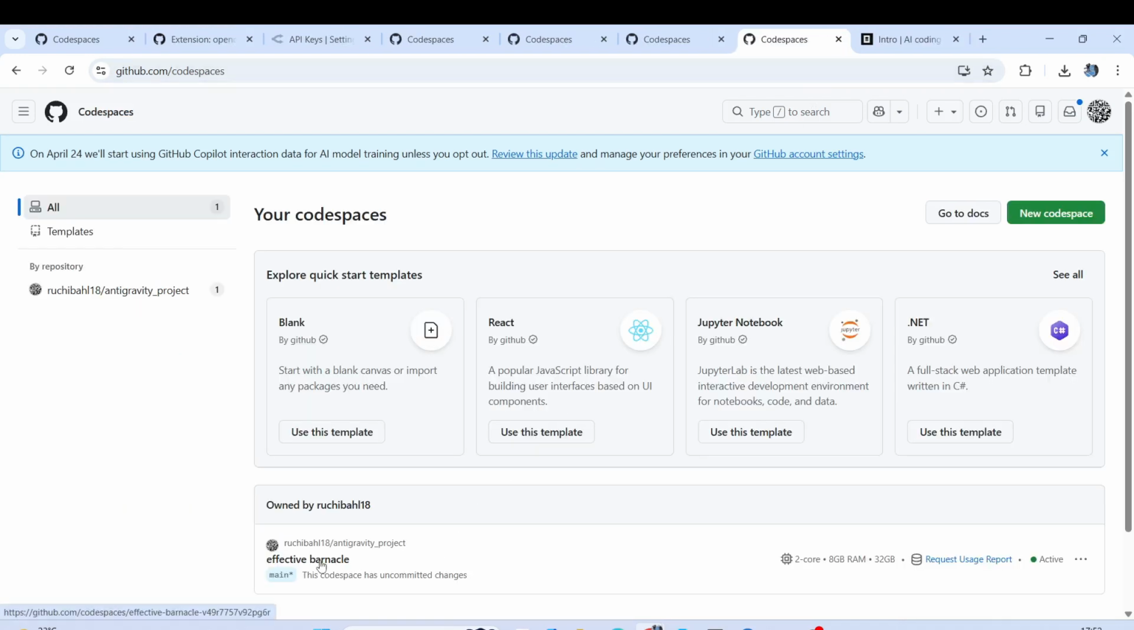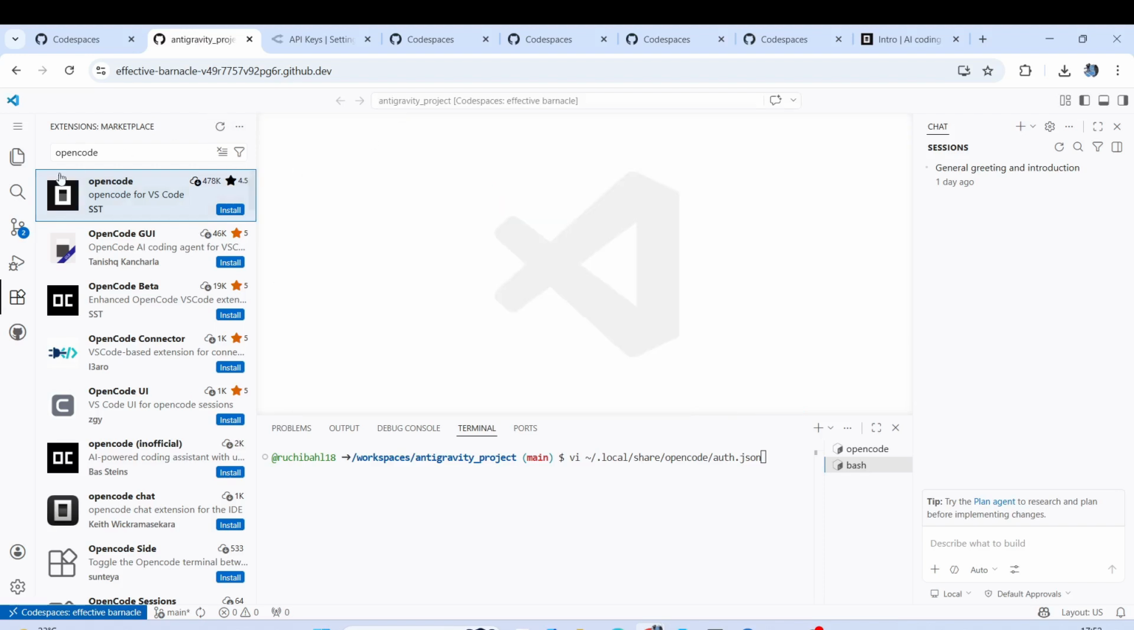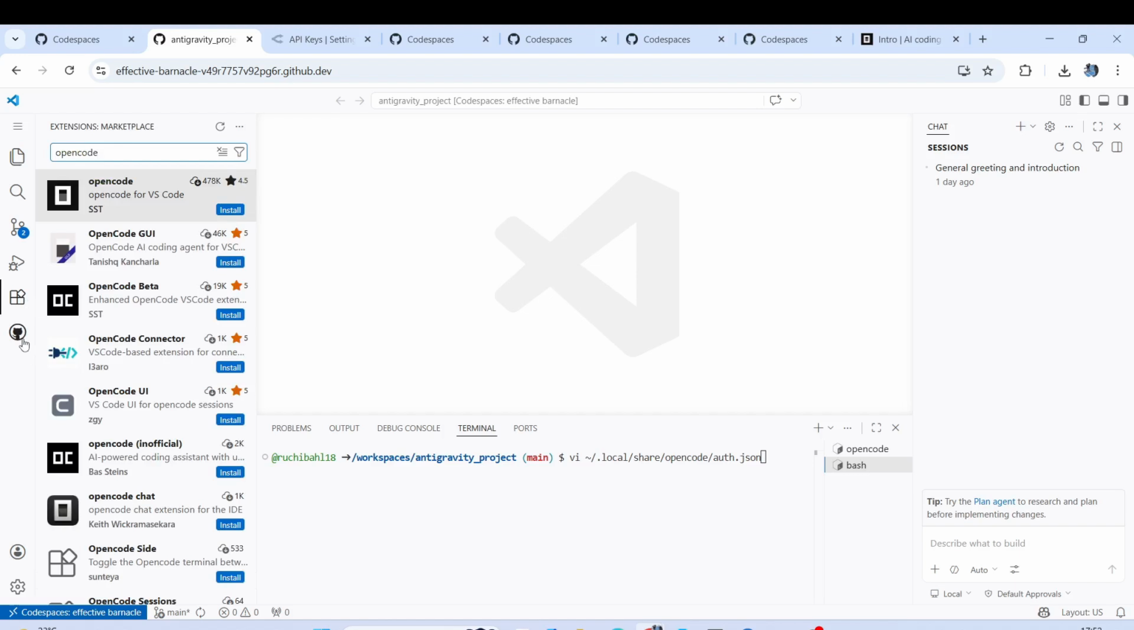Now if you click on this Codespace, it's going to open in a new tab and then you will be able to see it better. I already have it open right here. This is my Anti-Gravity project where I created these files to create a calculator. And as you can see, this effective barnacle URL is exactly like VS Code. You can see all the extensions here, the GitHub icon here,